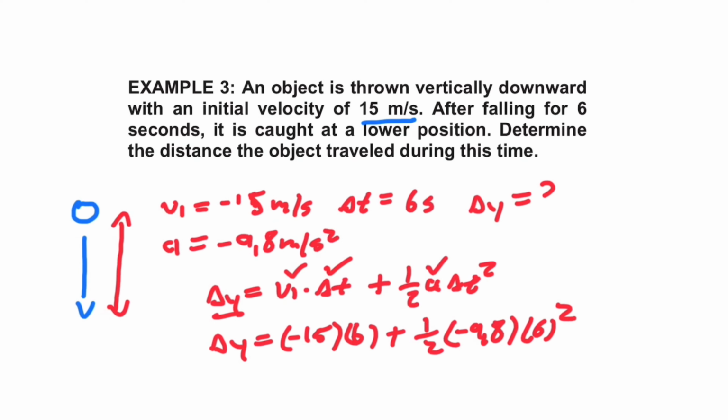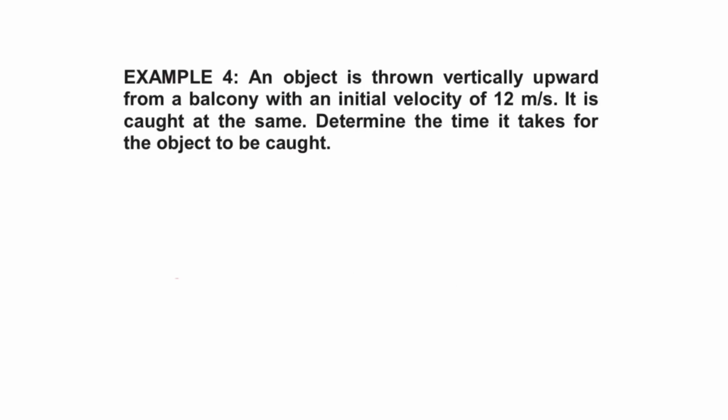So delta y will be equal to, now it's just a matter of putting that in your calculator, and it will be getting minus 266.4 meters. In this example, an object is thrown vertically upward from a balcony with an initial velocity of 12 meters